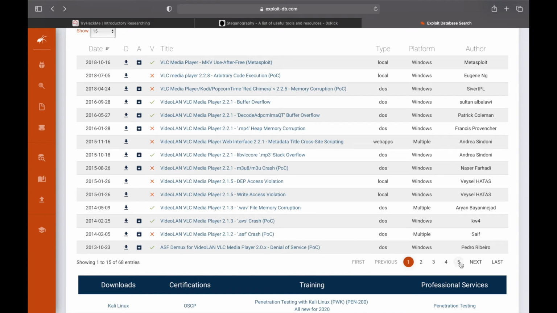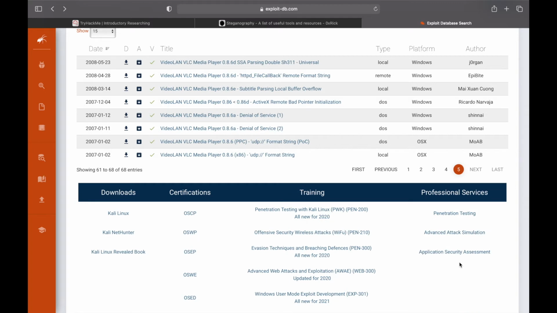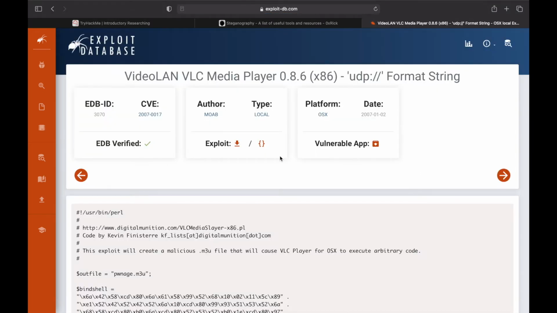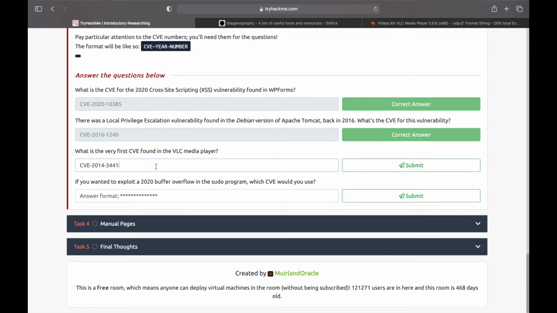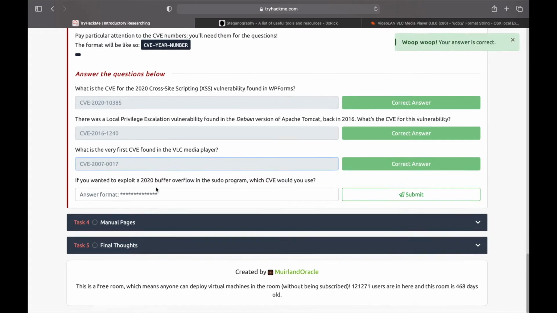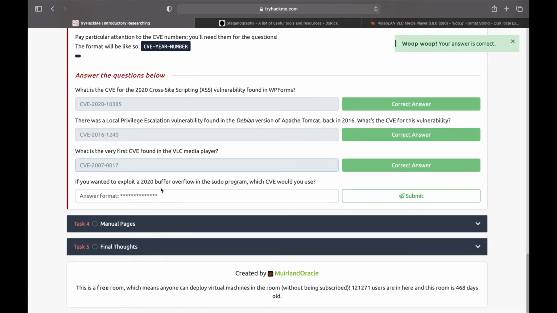Oh, okay, sorry. So here we have multiple results. So we need to go for the very last one, which is this one. Okay, 2007-0017. Yes, it's 2007-0017.